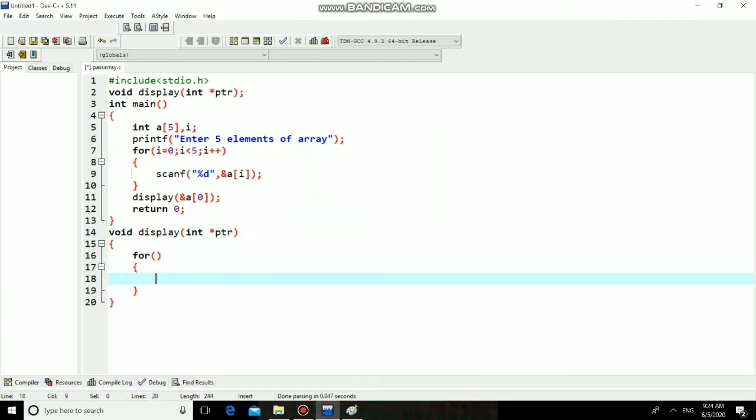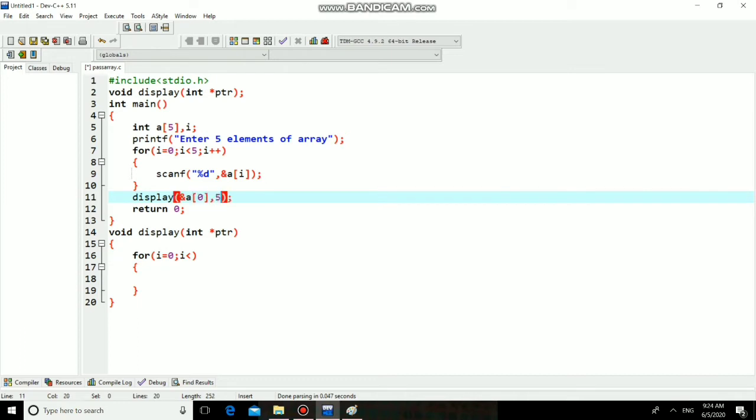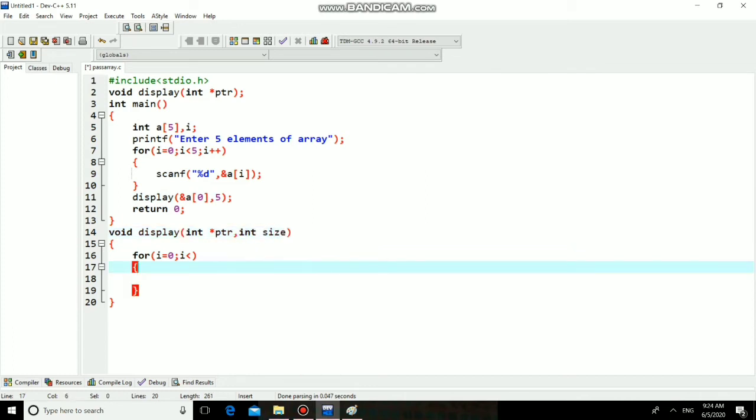As I'm going to print all those 5 values, so i is equal to 0, i is less than the limit. While passing the base address you can also pass the size of the array, and you can collect that size in a formal parameter.